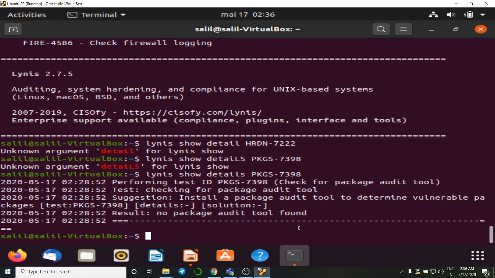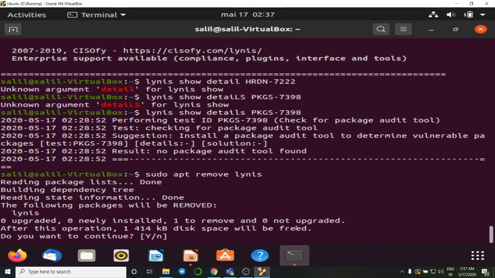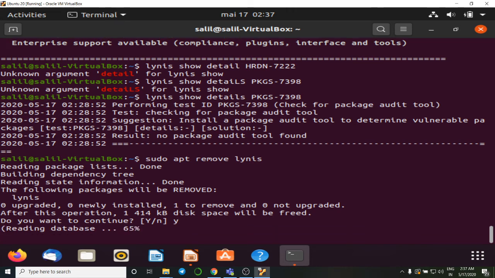The last and final thing is that we know how to install Lynis. If we want to uninstall or remove Lynis, we can just do it by sudo apt remove lynis. It will ask to continue. Yes.